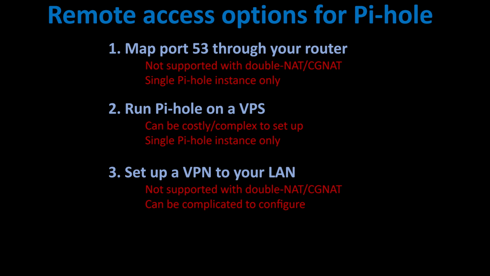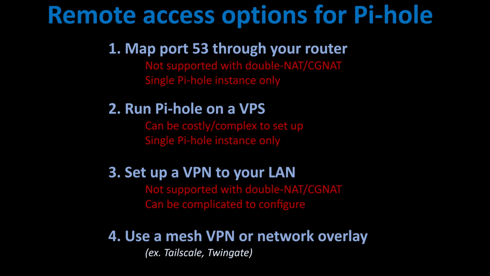3. You can host a VPN on your LAN. This is powerful and can suit many requirements, but it can be difficult to set up and configure properly. Generally speaking, it doesn't work with double-NAT, including CGNAT, which excludes a lot of people. 4. You can use a mesh VPN or an overlay platform. There are a number of these like Tailscale and Twingate. In this video, I'm going to show you how to take your Pi-hole setup and make it accessible from anywhere